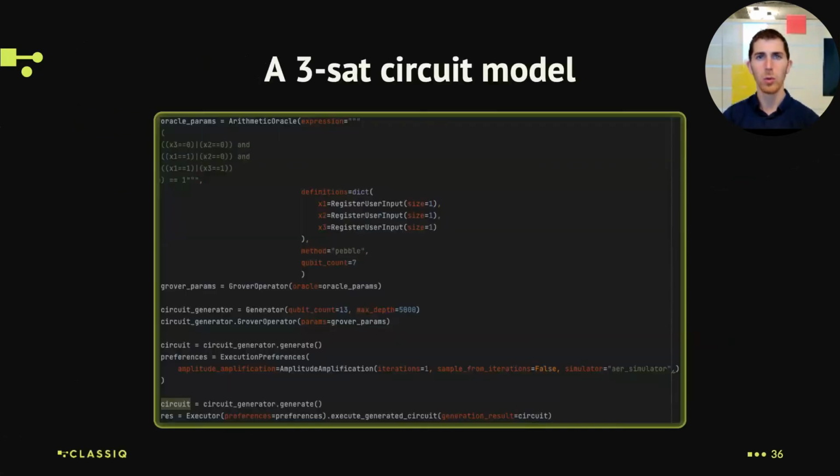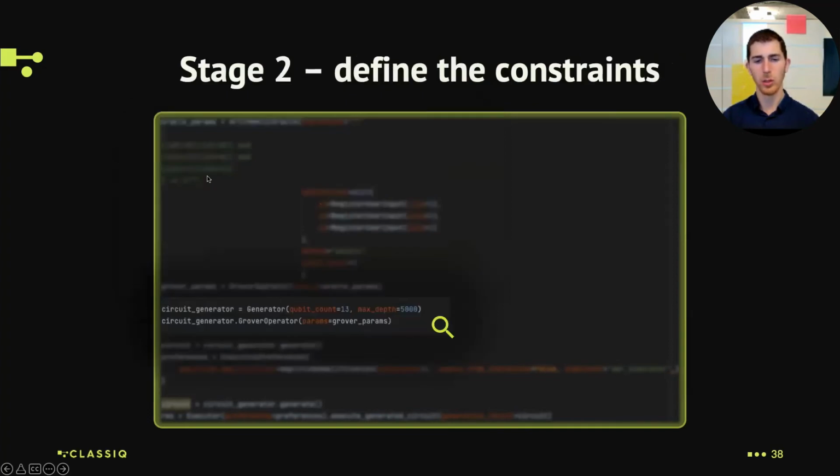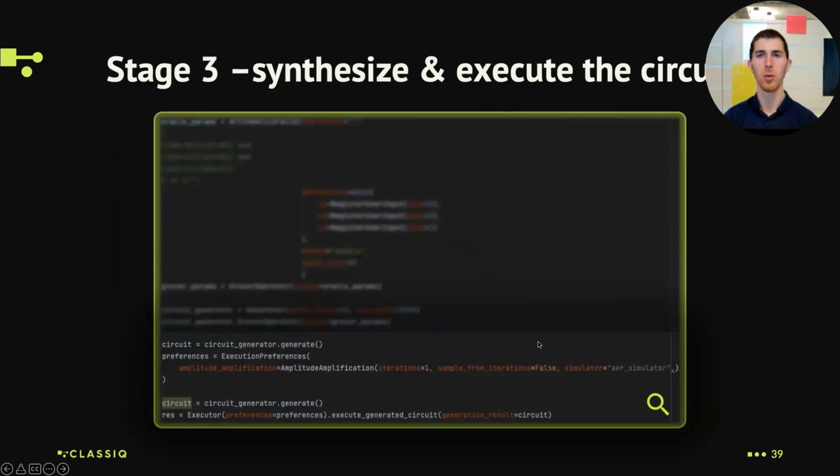And what I want to show here is the entire flow, right? So first, you need to define what functionality you want to achieve. In this case, this is the functionality: 3 quantum registers that should satisfy these clauses, right? And then you also need to define the constraints. In this case, the constraints are on the overall qubit count and the maximal circuit depth. And eventually you need to